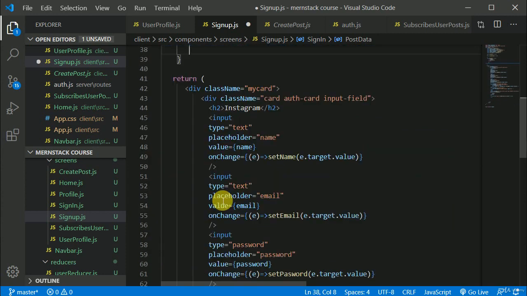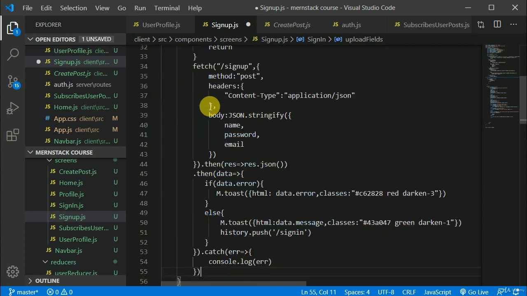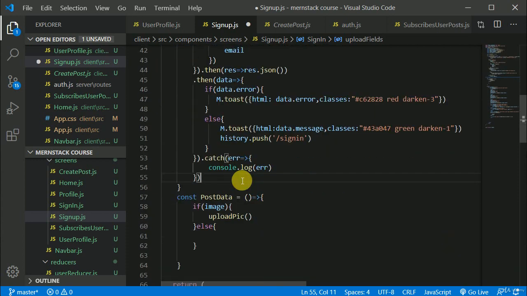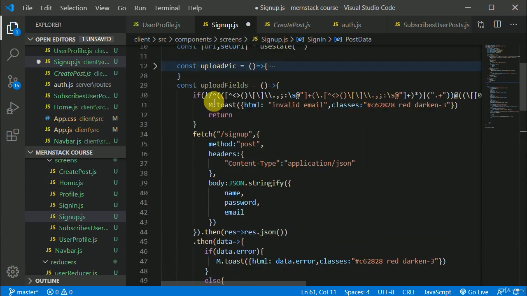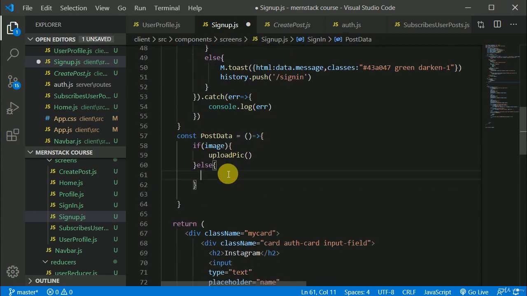Control X, and I will put this in here, uploadFields, Control V, like so. And if image does not exist, if this image is empty, then we can call this one, uploadFields, Control C and Control V, like so.